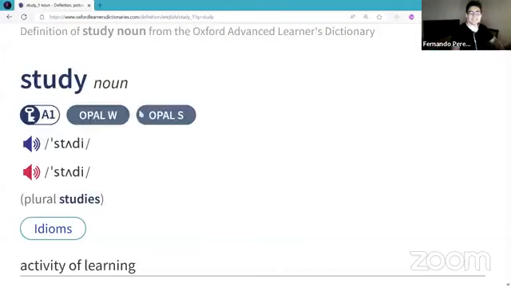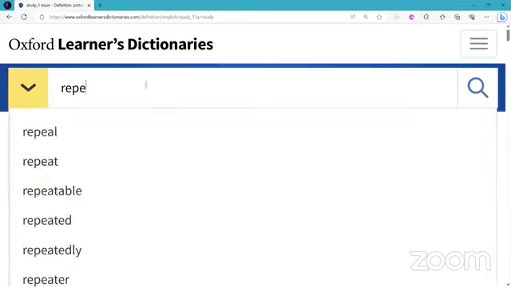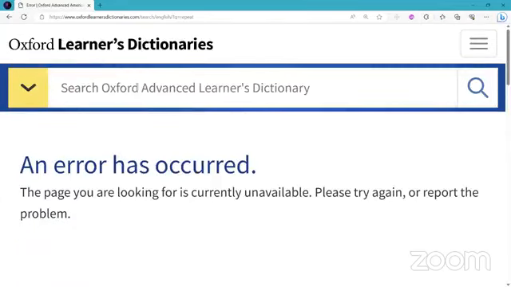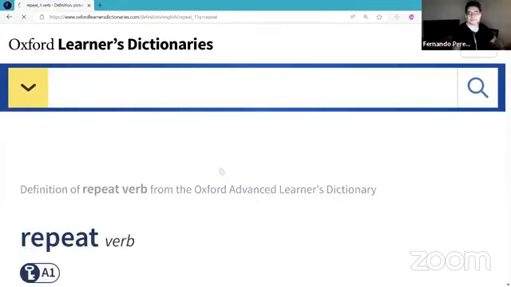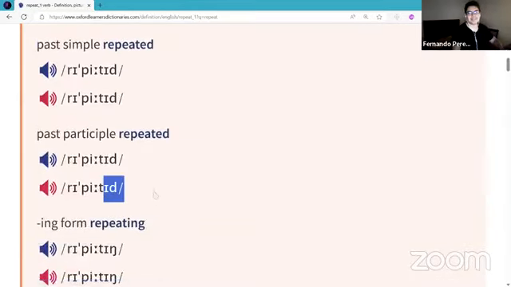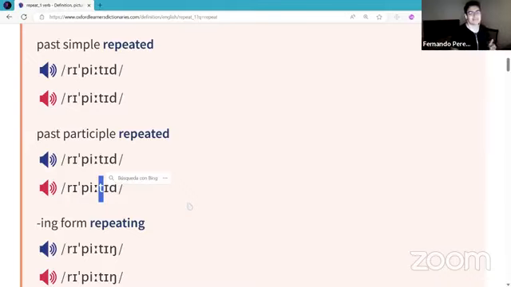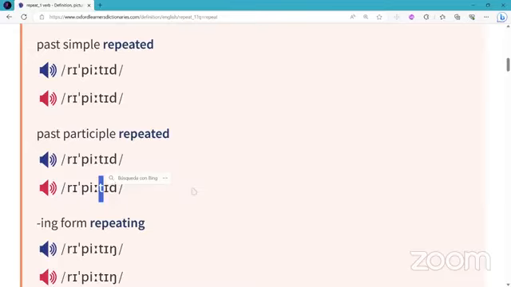The word repeat in past is repeated because the verb ends in T. So repeated is a past participle too, the description, the passive. When you transform it to an adverb,